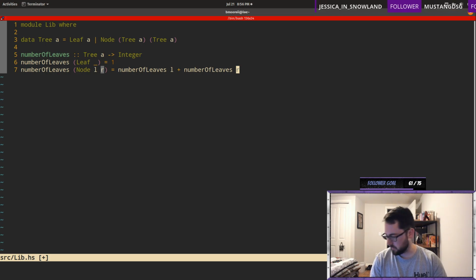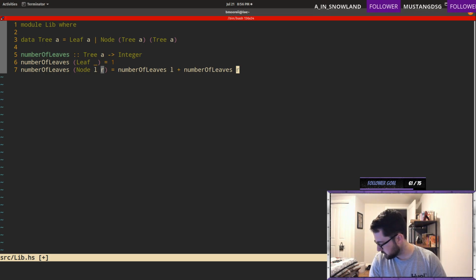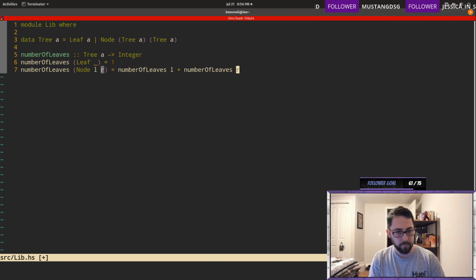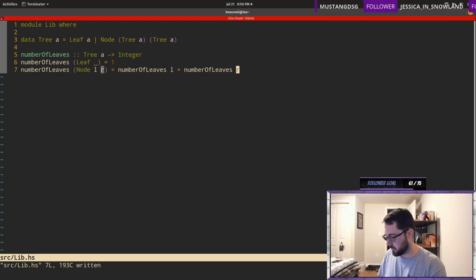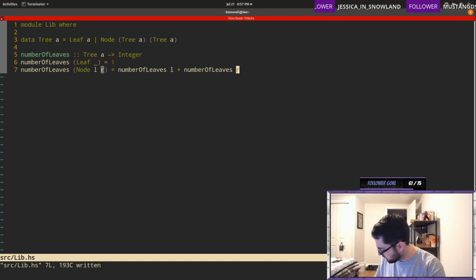I think it's something like this. Yep. Okay, so basically we just recurse through the left and right subtrees until we find the leaves, and then we just add them together. So the function works in a recursive fashion. Pattern matching. We know what pattern matching is. We're pretty familiar with Haskell at this point, so that's great.